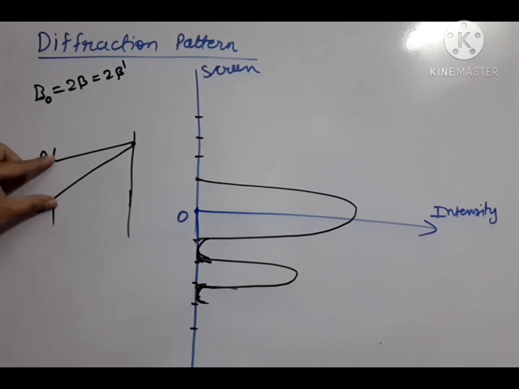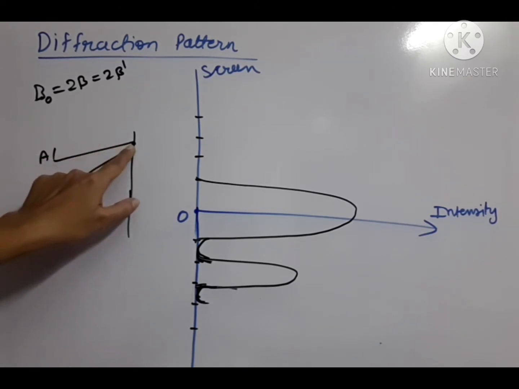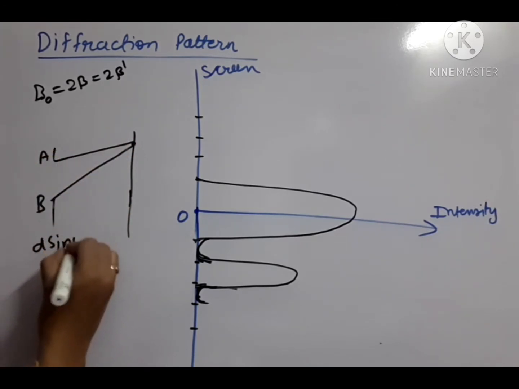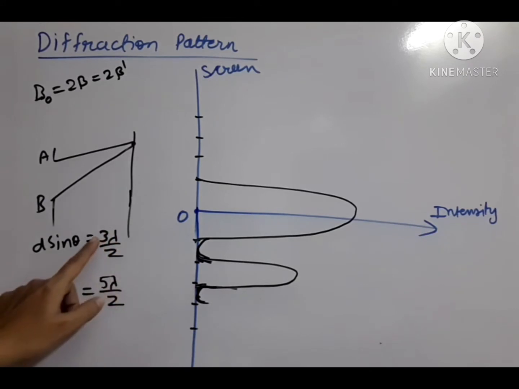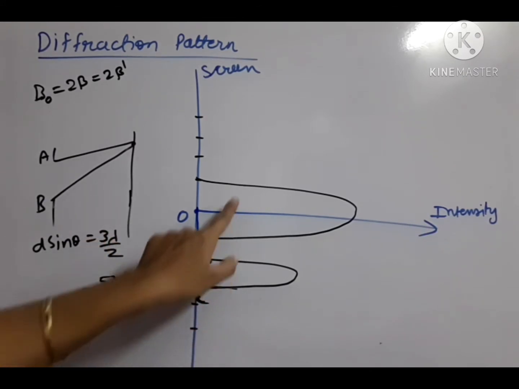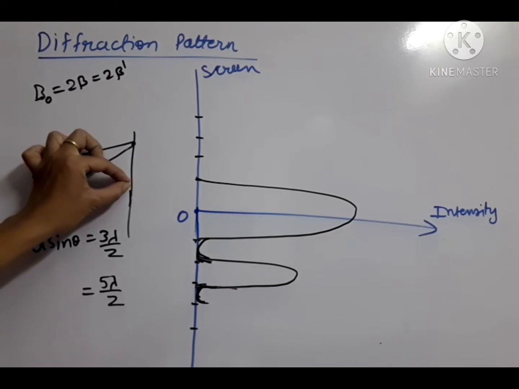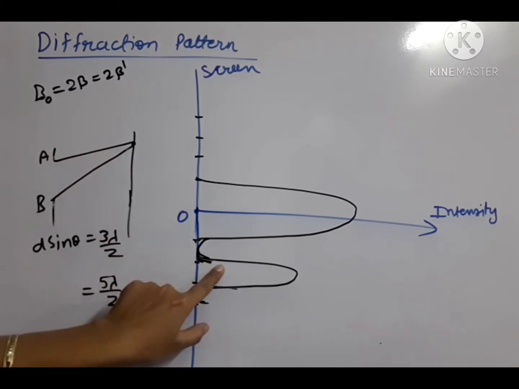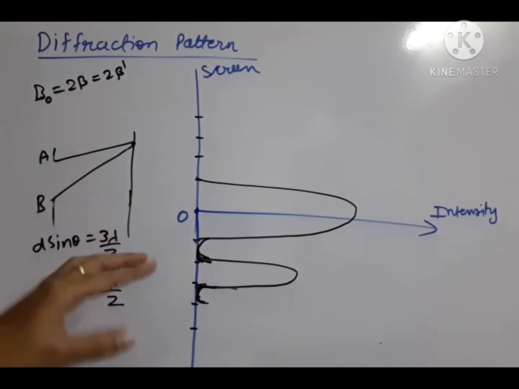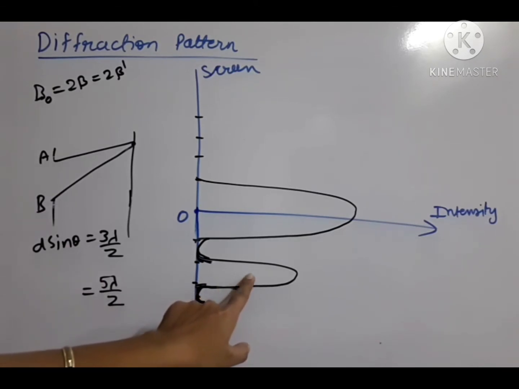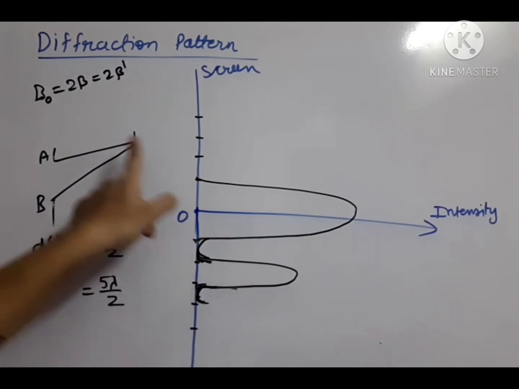So we divided the slit into 2 parts, 3 parts, 4 parts like that. Okay, so we have seen that whenever we were getting maxima, d sin theta was equal to 3 lambda by 2, 5 lambda by 2 like that. In all those cases we were getting maxima. When we get the next maxima other than central, we divided the slit into 3 parts. Out of that, 2 parts cancelled, only 1/3 part remained, which contributed the intensity on the screen.